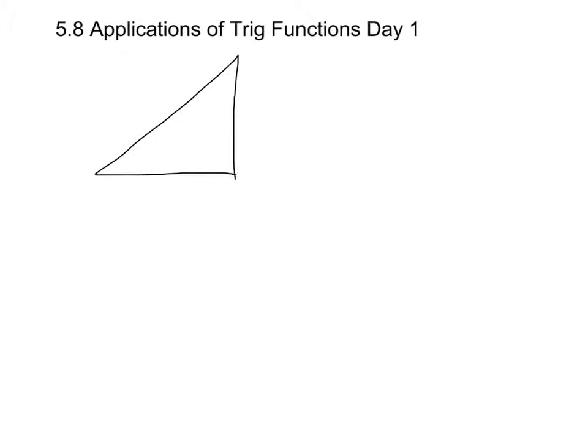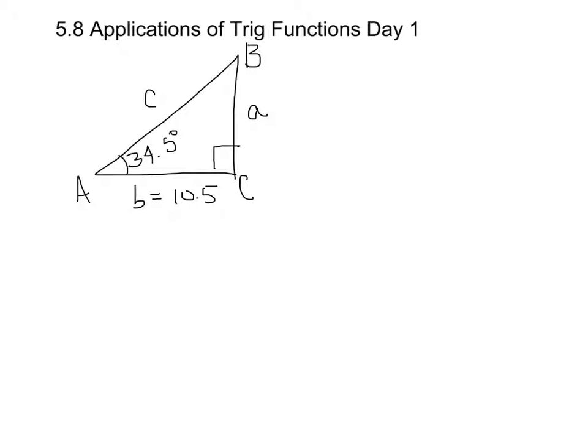So I'm just going to draw this triangle. The angles are always labeled with uppercase letters, and then the side lengths use the lowercase letters. And let's say this angle A is 34.5